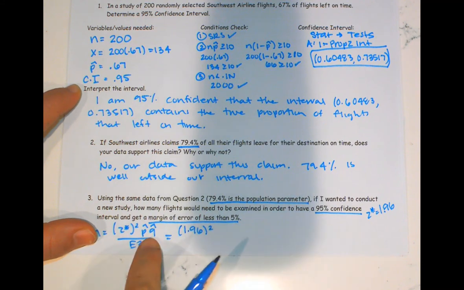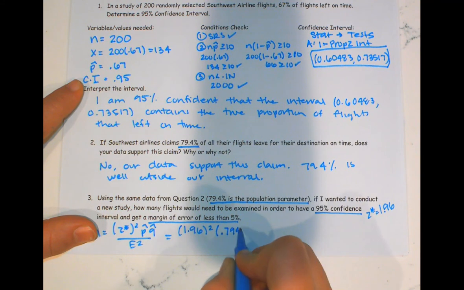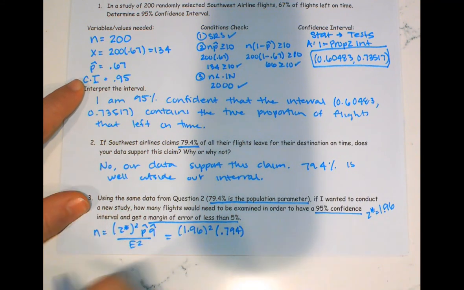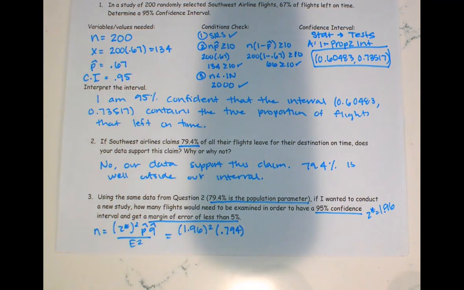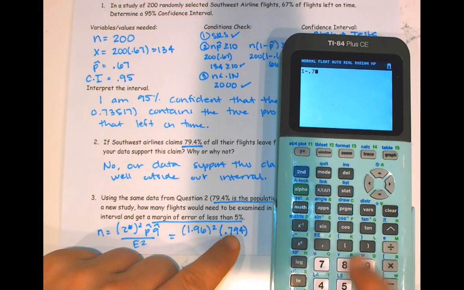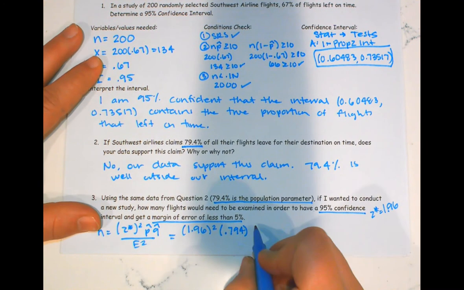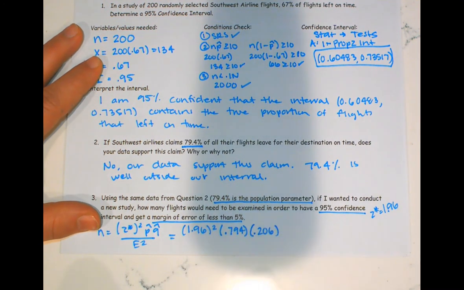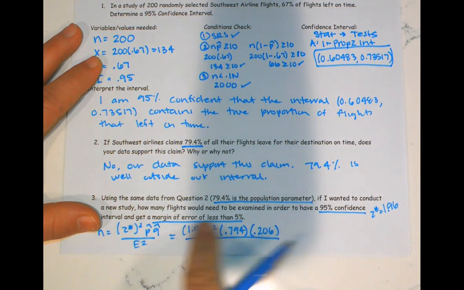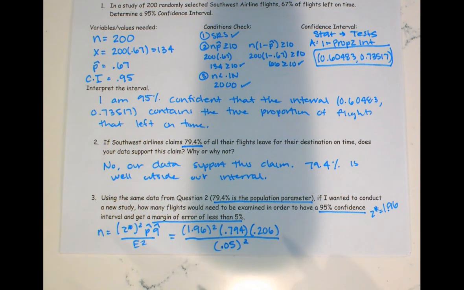My population parameter is 79.4%, which we'll write as 0.794. And then remember, Q is just 1 minus P. So if I calculate 1 minus 0.794, I have 0.206 as my Q value. And then our margin of error is less than 5%. So again, we also turn that into a decimal. So 0.05 squared. Once I type this into my calculator and solve, that will tell me the n value